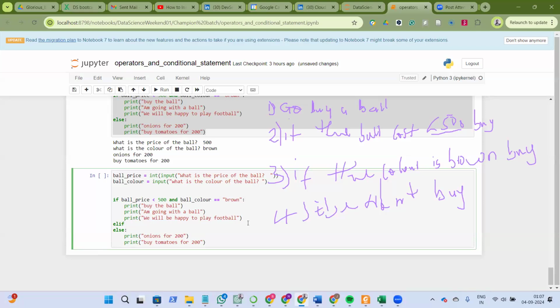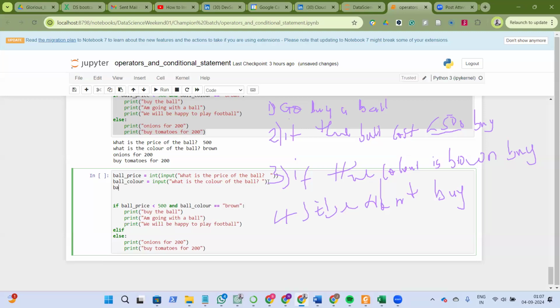Congratulations. Elif means that one. Which people have done this one? It's called elif. If it is elif, then elif takes a condition. You understand what I'm saying? Elif takes a condition. And so I'm going to add a variable here called ball size